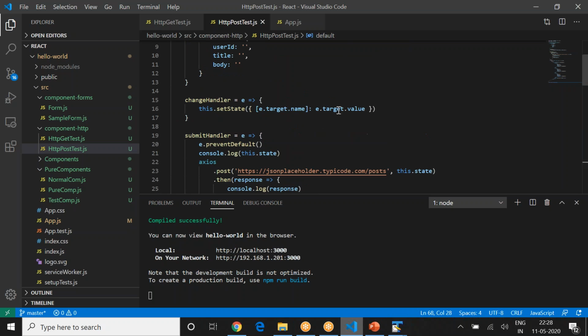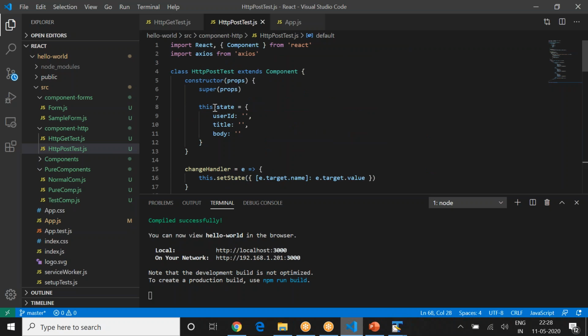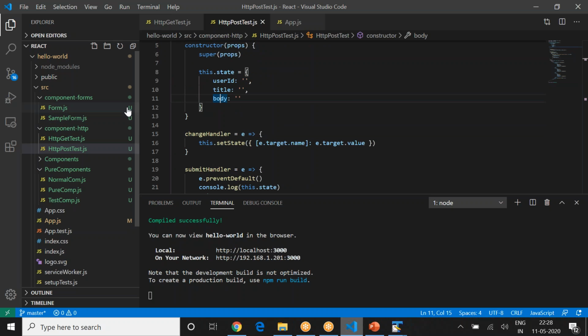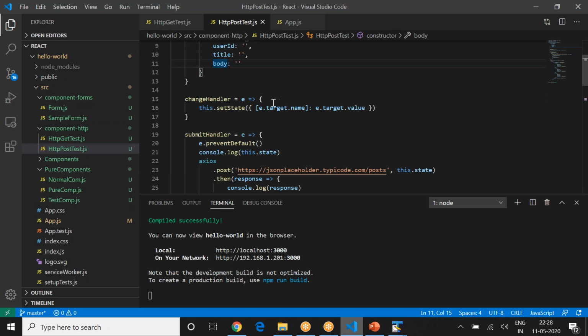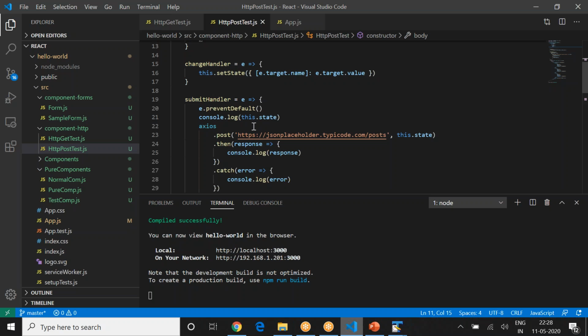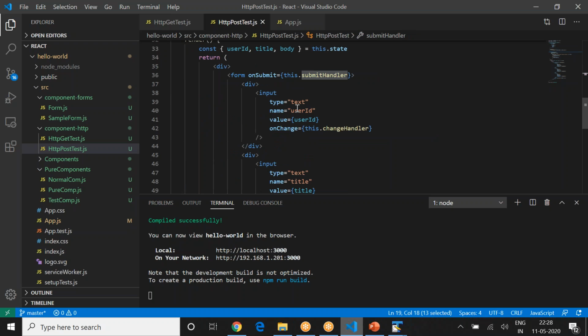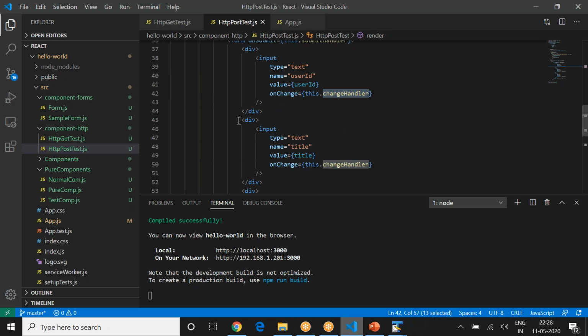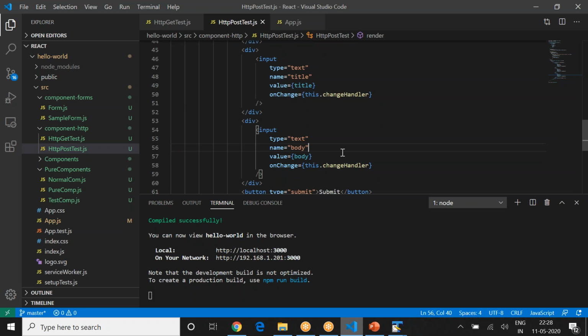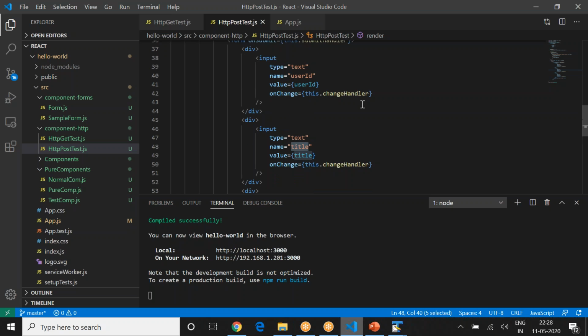Okay, see what happened. Now I am doing three things here. Setting state with user title. This is very similar to what we did in the form. We created a state with empty objects. We have change handlers, and we have submit handlers. So on submit, I will be grabbing the value of user ID on the change handler. Then you have a change handler for this also, which is text, and a change handler for this also, which is again body text. So this is for body, title, and user ID. These are the three fields it's asking for, right?